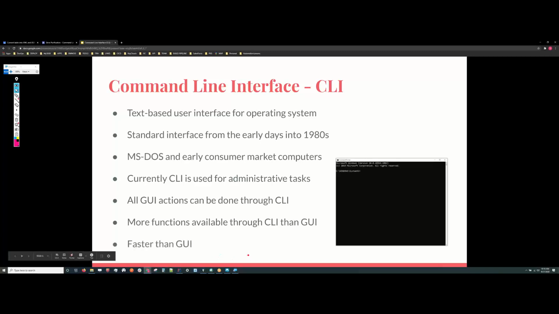So CLI is faster than GUI. You type it in, hit enter, and it's done. But you drag and drop something, or you click a button, a file may be created. It's a little bit slower than the CLI. That's why CLI is important. And again, because it can do so many things and so much faster,